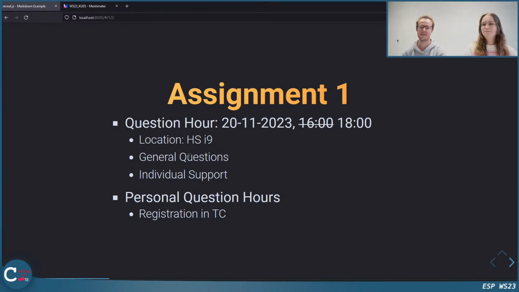So that's everything from the organizational part. Oh, and it starts at 18 o'clock and not 16 because we switched it, since I think you have NRLR there. And no, there won't be a stream for the question hour. It's more something individual. There will be a couple of tutors there and you ask them questions, and it will not be streamed or recorded or anything like that. So if you're stuck on something, you can go there, ask some questions, maybe solve it, and finish your assignment.